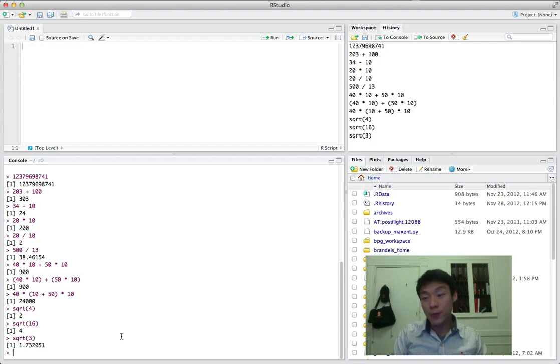So yeah, square root. There are a lot more mathematical functions that you can use besides square root, but we'll get into more of them later. For now, you can do that. Great. So I think you're now ready to do